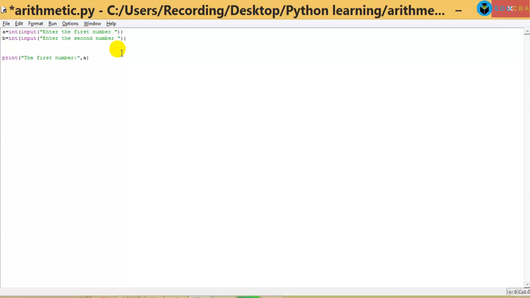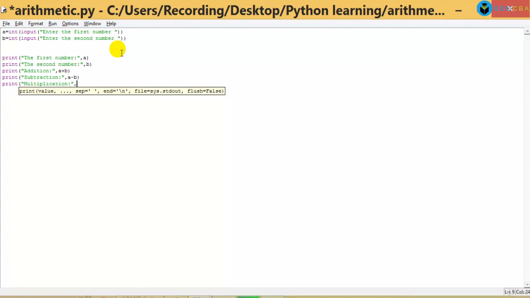After that you can say print the second number, and then this is B. Then I say print addition is, this is C, and then print subtraction is A plus B, A minus B.